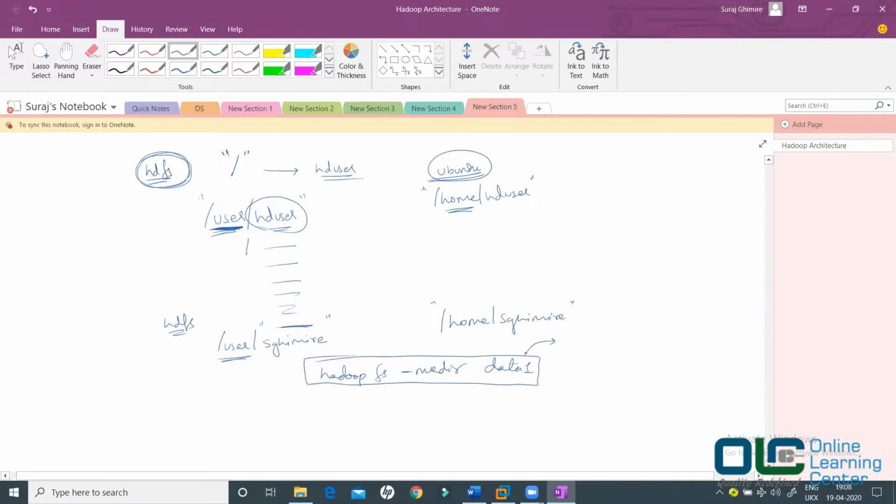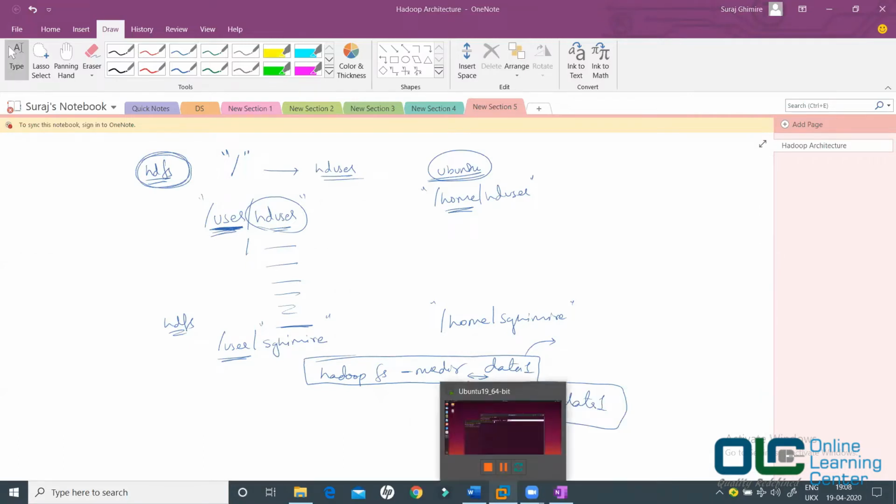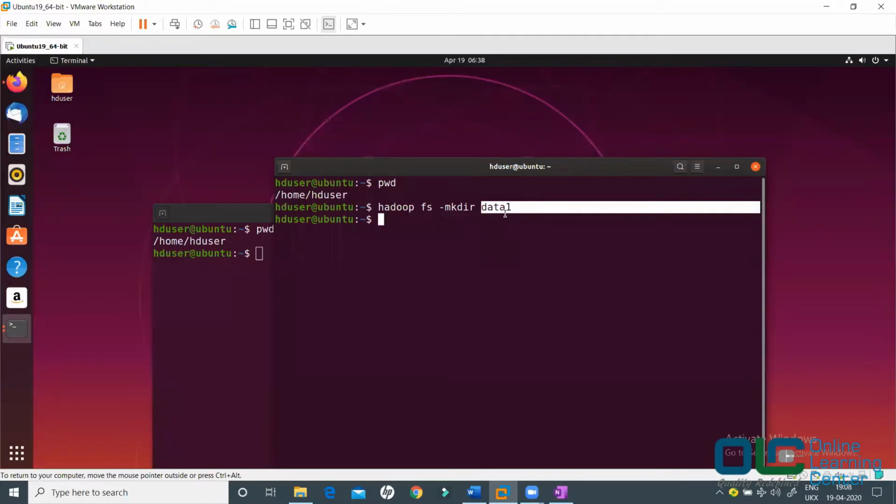Now the question is where, exactly on which location. You did not specify the complete location. That always means create this folder under the default location. Are we clear? Can I get a yes from everyone, please? So this command, whatever we have executed now, will create a folder data1 under /user/hduser.